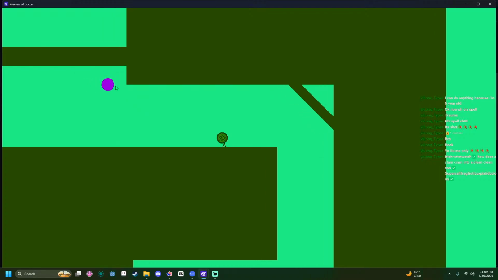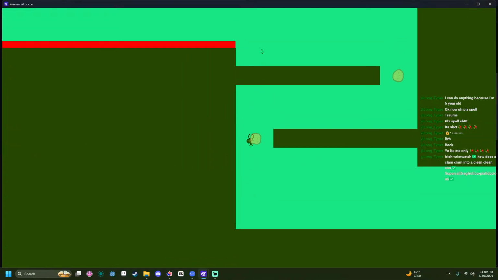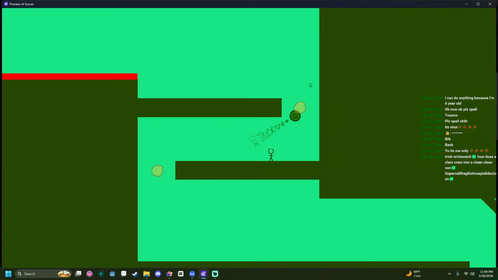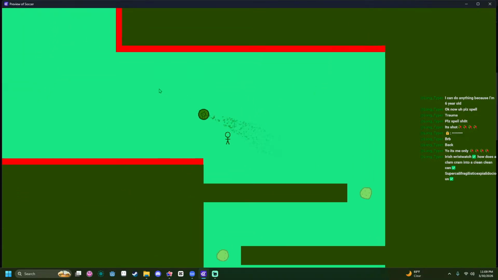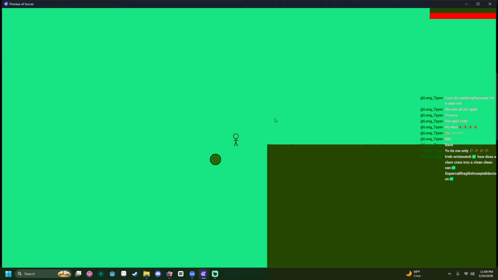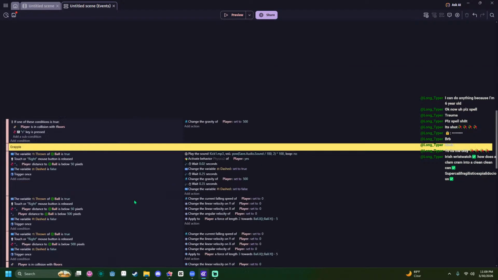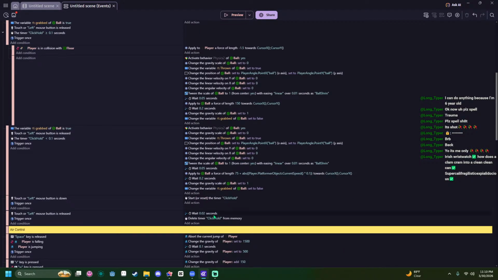Oh, there we go. Okay, let's actually, that movement modifier that we made, decrease it a bit. 0.05, half it.